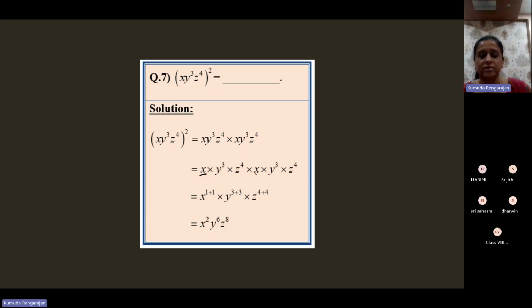So x, bases are same and it's multiplication, add the powers, 1 plus 1. Into y cubed, y cubed, bases are same, add the powers, 3 plus 3. Z to the power 4, z to the power 4, bases are same, add the powers, 4 plus 4. So 1 plus 1, 2, x squared, 3 plus 3, 6, y to the power 6, and 4 plus 4, 8, z to the power 8. This is one method. The other method we understood is